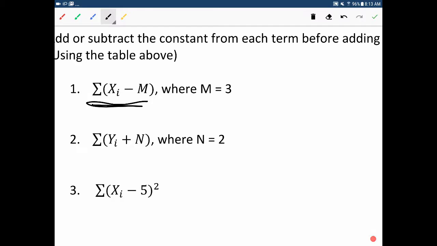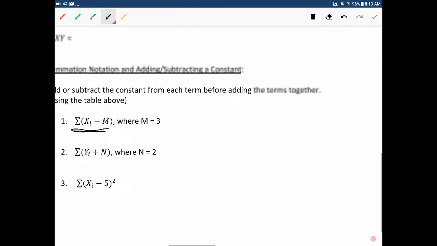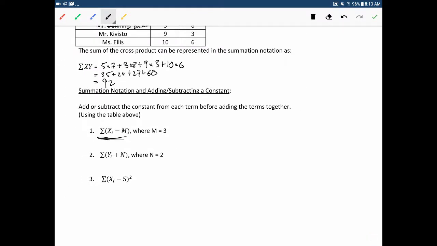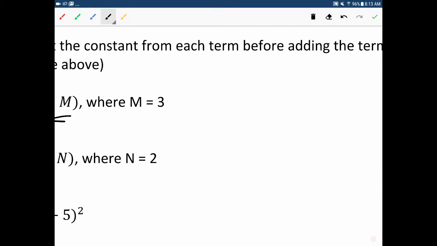And I'll tell you, well, m is equal to 3. And maybe you had to calculate that elsewhere, but it'll just show up. And so you just go through and you just go one at a time. So, and I'm using the same data set here with the 4 teachers. So it's going to be 5 minus 3